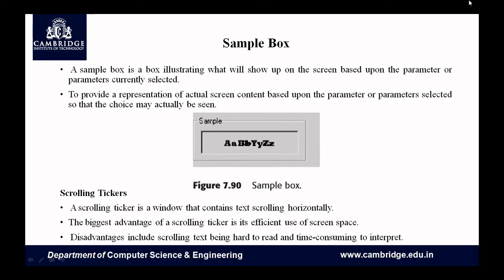Then the next concept is scrolling tickers, right? We have seen this when there is wording or data laid out horizontally, which means you have to scroll to the right-hand side to see the extreme right, and scroll to the left-hand side to see the extreme left. That is what we use scrolling tickers for. So it is something like scrolling horizontally, right?